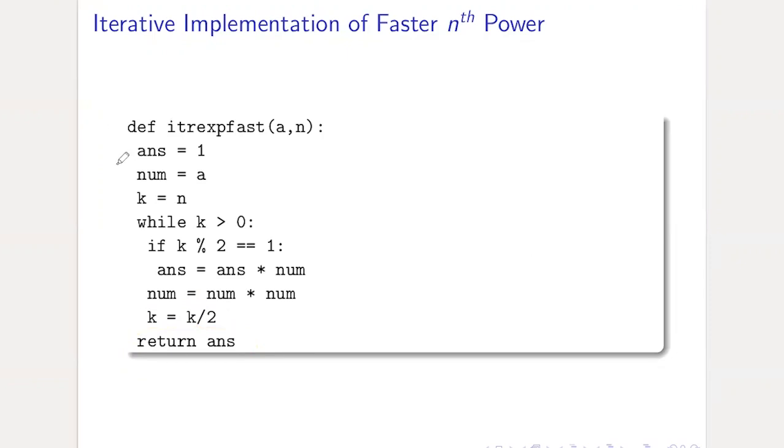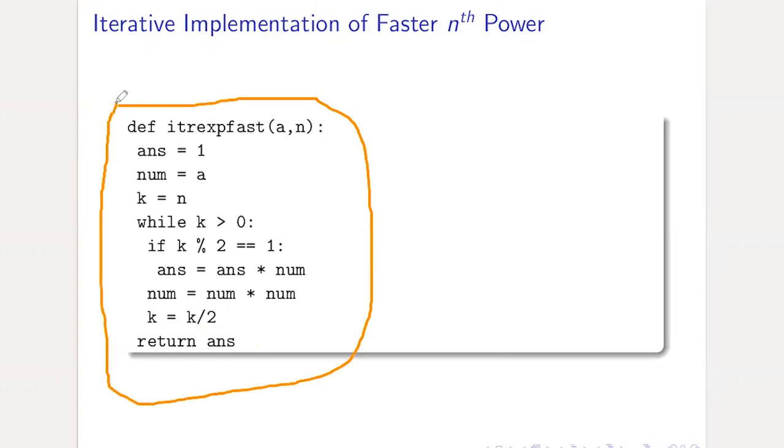So you should write the code in your Python environment and test it, and you can see this algorithm is not intuitively clear like the earlier solution. So this is the problem. As your solution gets more and more complicated, here actually the problem didn't get any more complicated. It was the same original problem of computing the nth power, but now we have a bit more complex solution, the faster version,